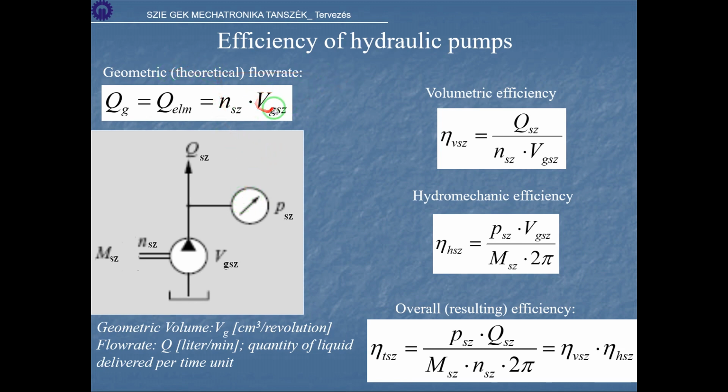Okay, so Vg is the volume that the pump can provide in one revolution. Okay, because we have a rotary engine here. This rotation will be transferred to flow rate. Okay, so one rotation will provide that much